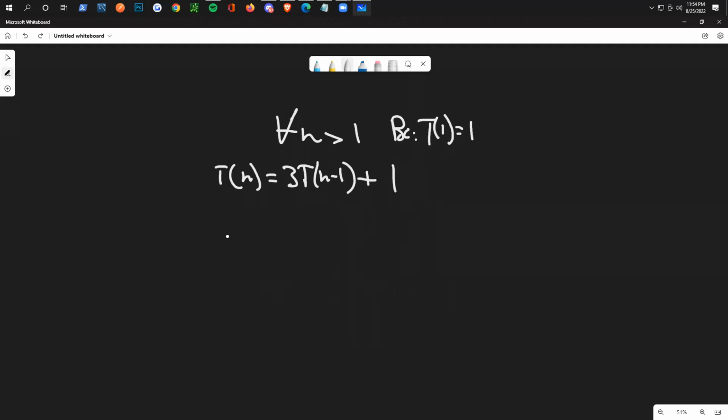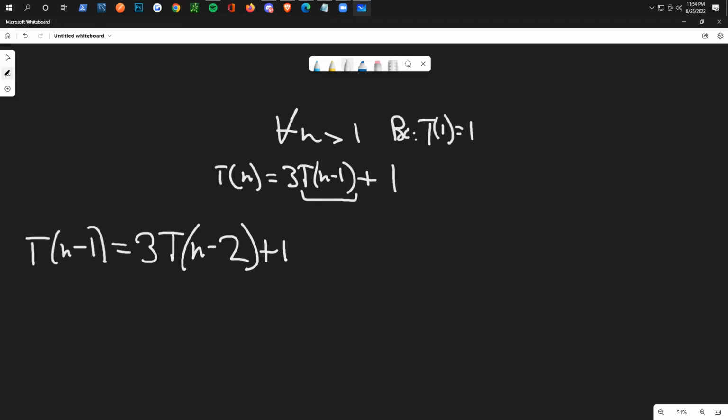First things first, I've done this before, but I'm just going to do it real quick. Let's set this as a sort of variable, right? So this is going to be equal to the next iteration, so 3t of n minus 2 plus 1. That's what it's going to be whenever there's no plus n or something like that. So it's just going to be plus 1, and the only thing that's really going to change is this in these types of